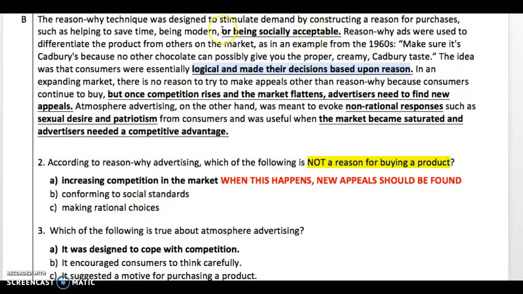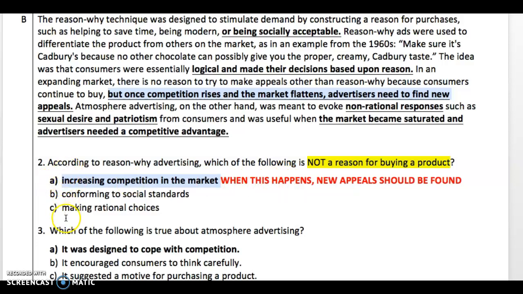So these are the reasons, as you can see. However, this statement here, and also here in the text, is followed by a suggestion. Advertisers need to find new appeals. So it's not a reason, it's a suggestion or a situation. That's why the answer is